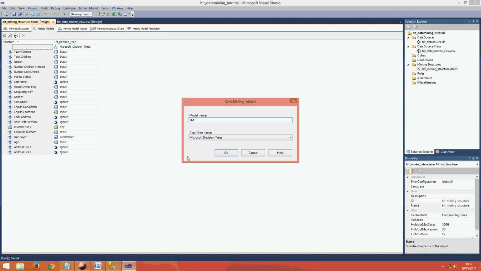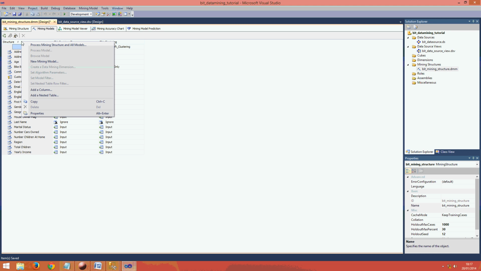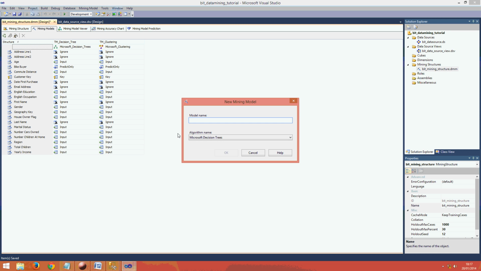The mining model which we are going to add is, 1, clustering, and here you select Microsoft clustering. Okay, and then clustering will be added there. And two, the second one which we are going to add is naive Bayes, TM